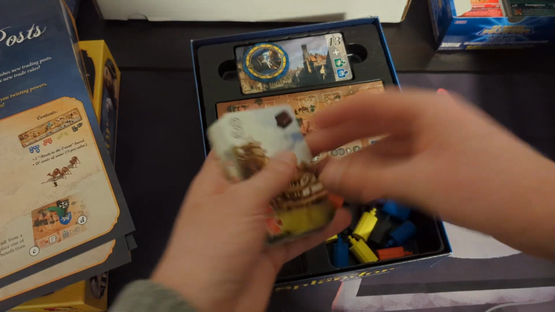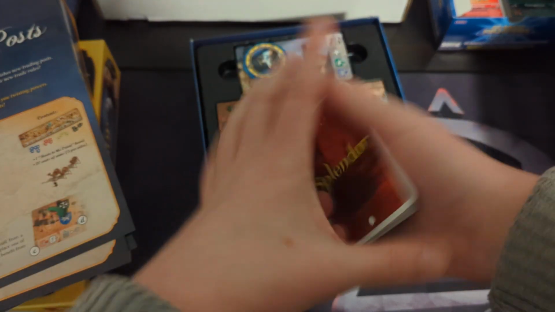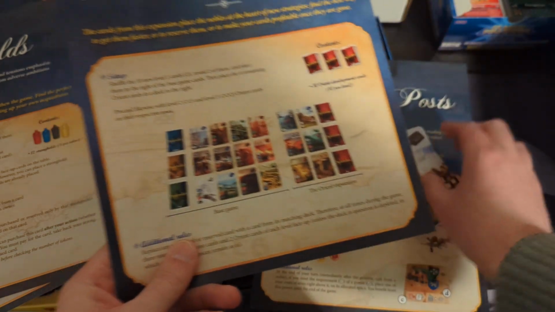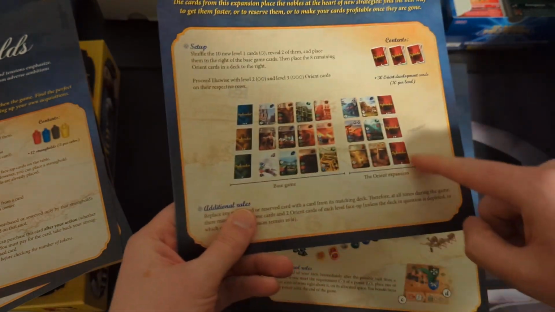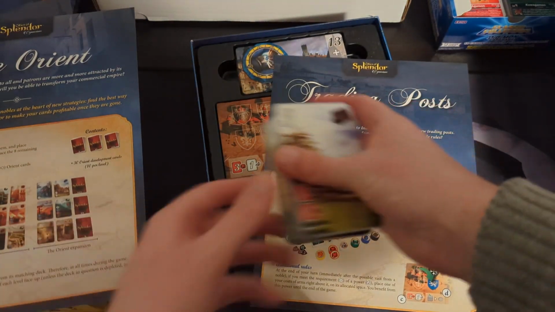And finally, we have the Orient, which gives a new slate of cards, level 1, 2, and 3 here. And they're basically their own separate section. So this is what the game normally looks like right here. And if you're playing with the Orient cards, you're going to have a setup like this. And they basically are